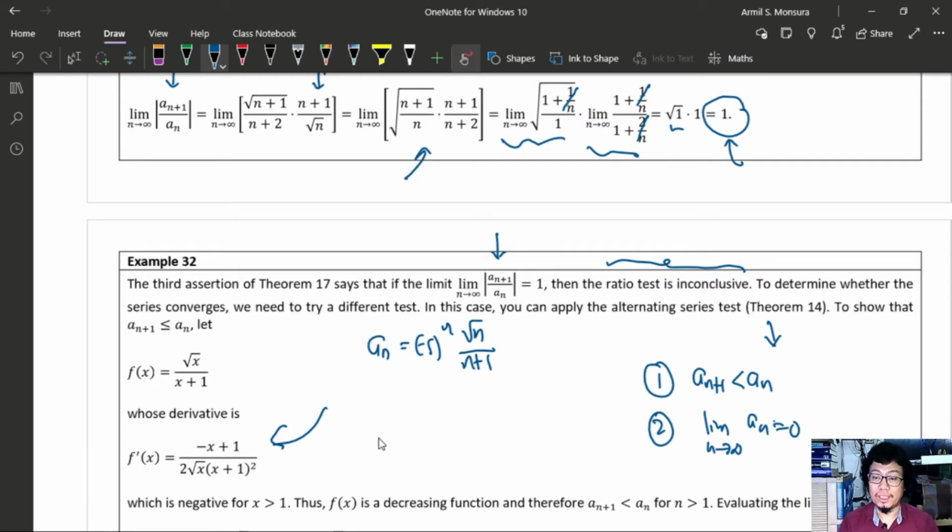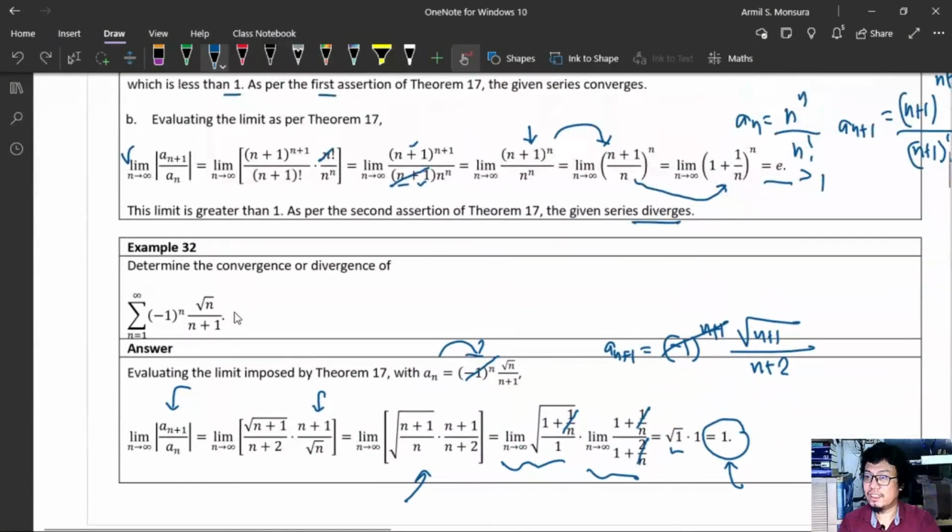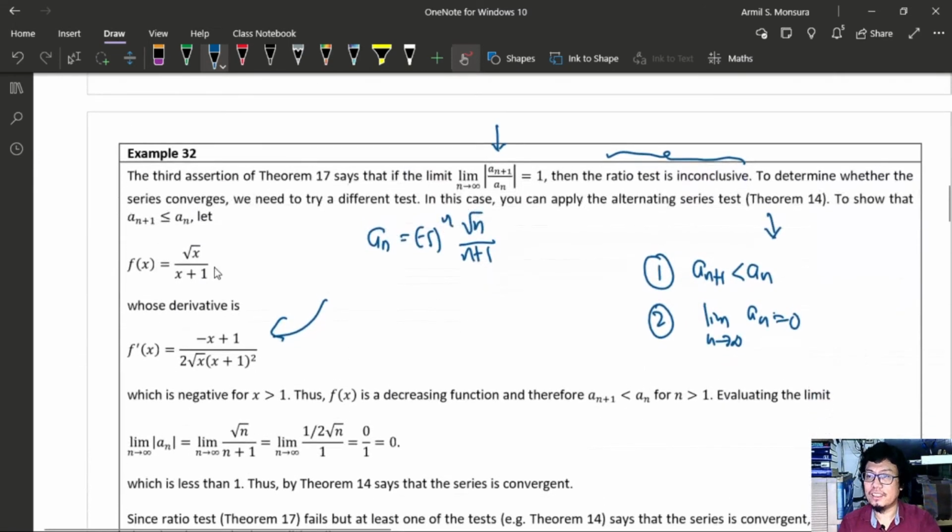If you use the first derivative test, you need to remember that first you need to consider that the series is actually a positive series. So we will have to resort to the positive part of the series. In that case, we will have to ignore the negative factor that tells us the sign of the terms, and simply deal with the square root of n over n plus 1, and then you convert it to f of x so that you can get